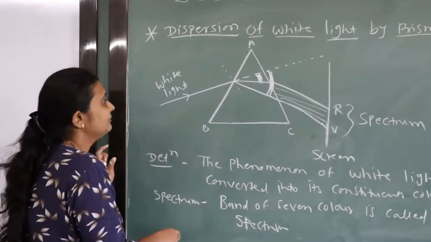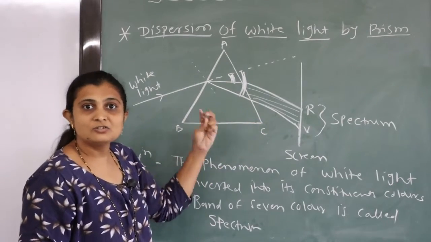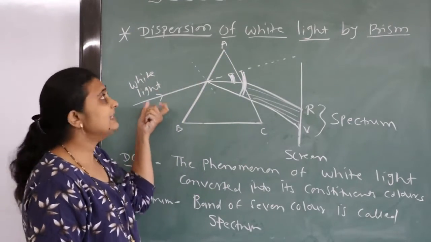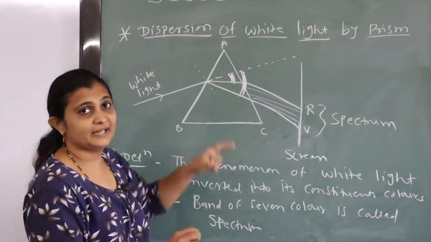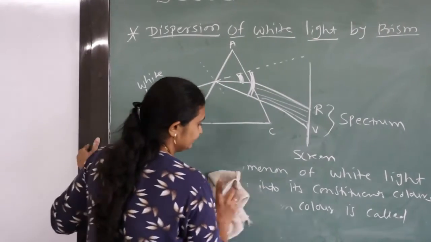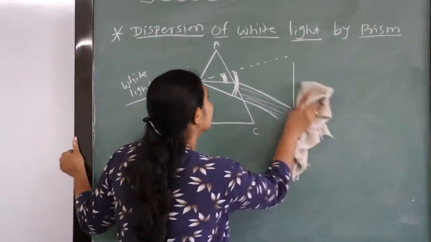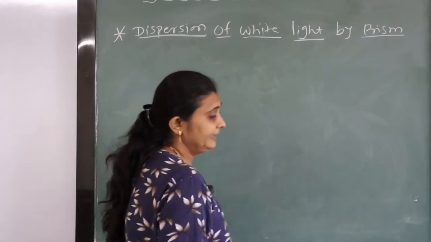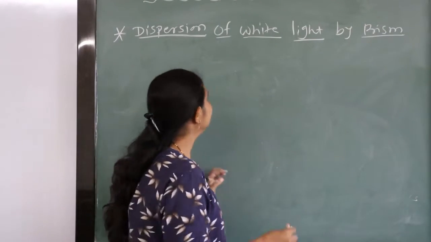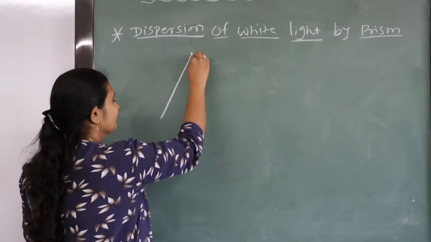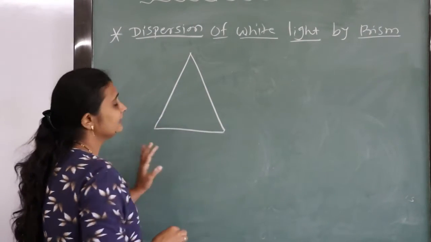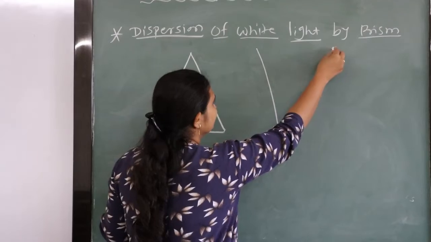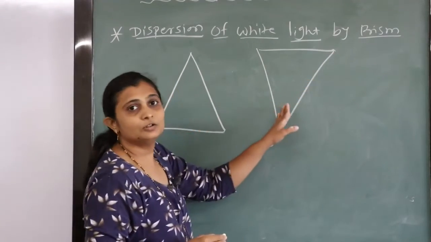from the white light we get 7 colors, but Newton also showed that from all 7 colors we also get the white light, meaning the reverse process of dispersion of light. See how Newton showed this one. He took 2 prisms, equal prisms. Take this prism like this, and another prism we have to put like this. These are the 2 prisms.